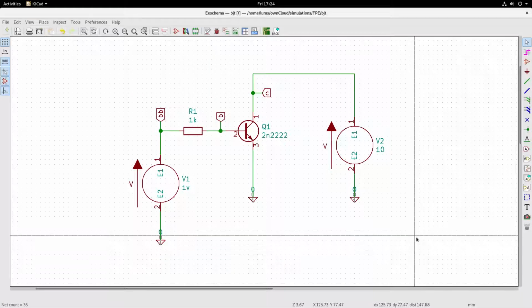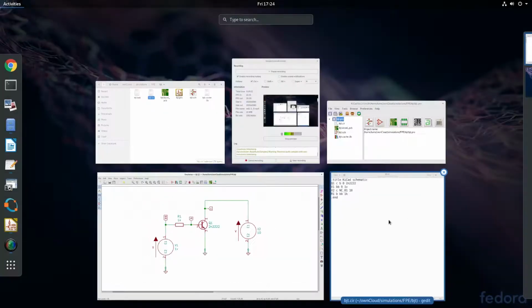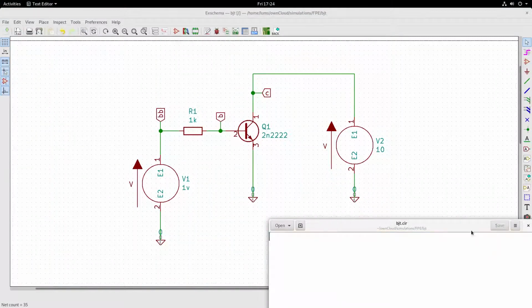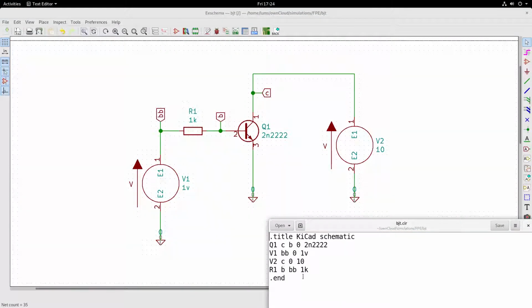So this way we will be able to complete the netlist aspect. So Q1 is between collector, base, emitter, 2N2222. V1 is this, which is 1 volt between this and this node. V2 is between these two nodes, C and 0, and R1 is between B and BB node, 1K.